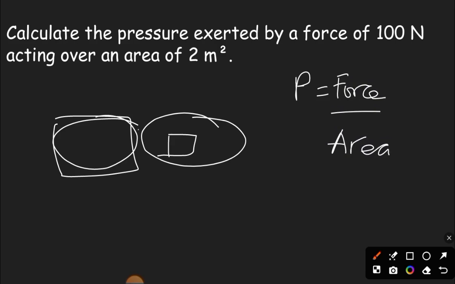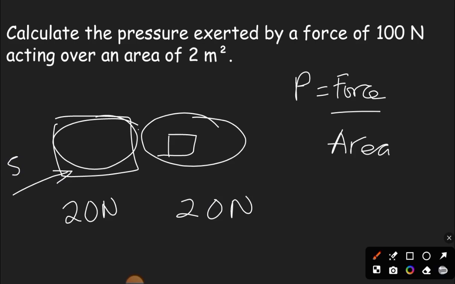So this round or oval object, let's say, exerts a force of 20 Newton, 20 Newton for this side as well. And let's just assume that this object has an area of 5 meters squared, and this object has an area of 2 meters squared. So with the formula in mind, let's try to find the pressure for both. Pressure is force over area. So for A,